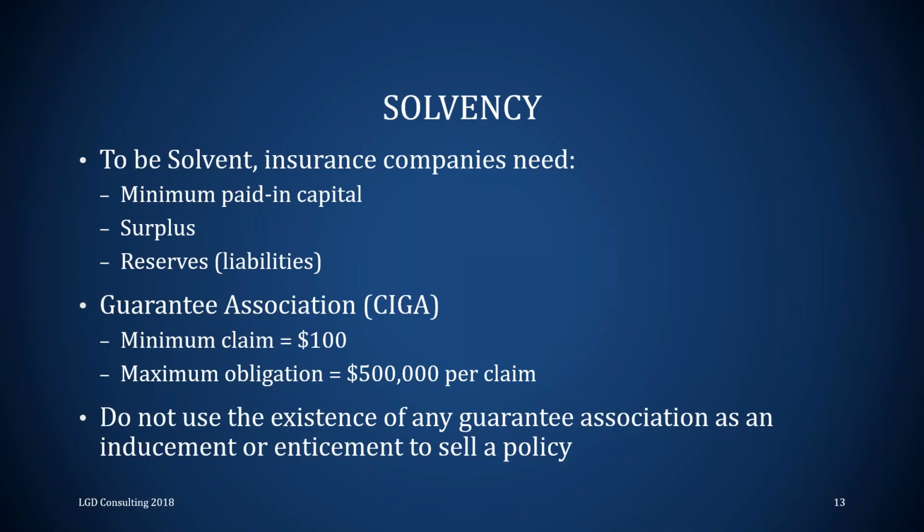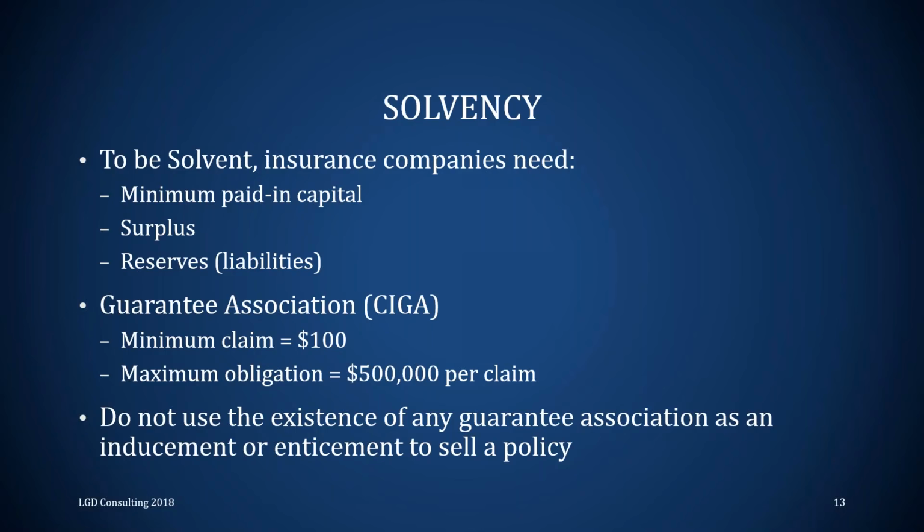Right. And then they're going to contact the Guarantee Association. Here we have the California Insurance Guarantee Association. Each state has their own. It's kind of like member FDIC. Okay. At a bank, if the bank goes under, you're guaranteed $250,000 per account. The Guarantee Association protects claimants or policyholders if they suffer a loss at the same time that the company goes bankrupt.